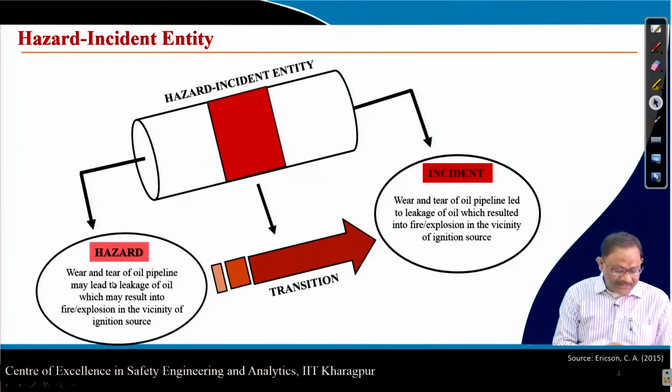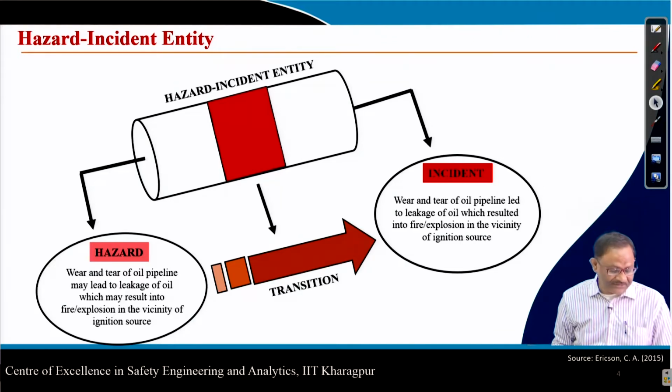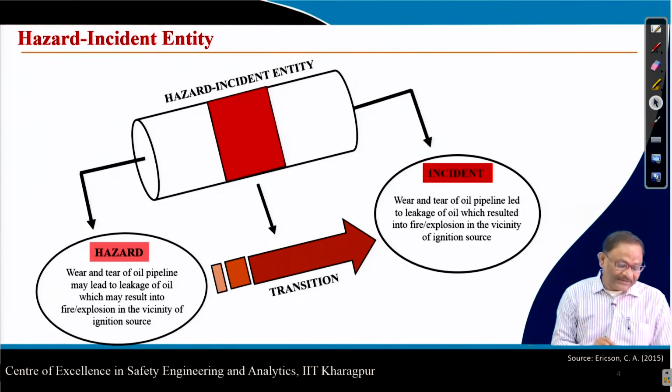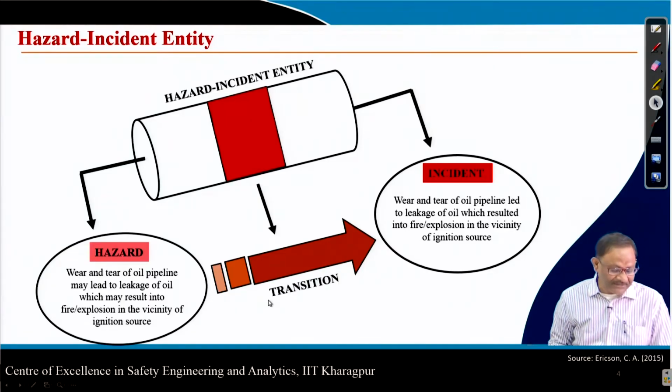The hazard example is: wear and tear of an oil pipeline may lead to leakage of oil, which may result in fire and explosion in the vicinity of an ignition source. If this is the hazard, then the incident, which is the other side of the coin, is that wear and tear of the oil pipeline led to leakage of oil, which resulted in fire and explosion in the vicinity of an ignition source. So you can find that the oil pipeline is the hazardous element, wear and tear is the initiating mechanism, and leakage of oil is the pivotal event, which results in a fire and explosion accident, which is basically